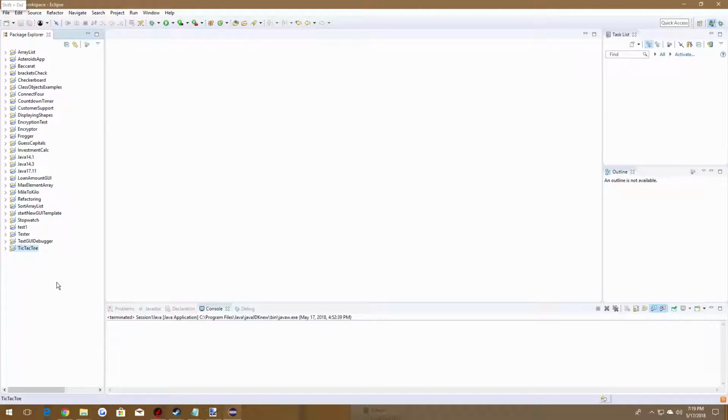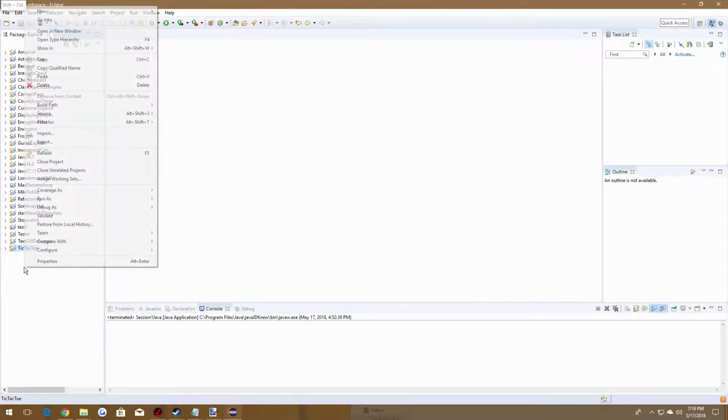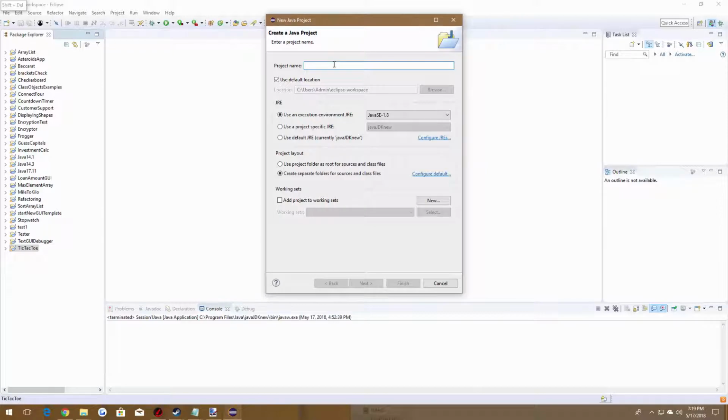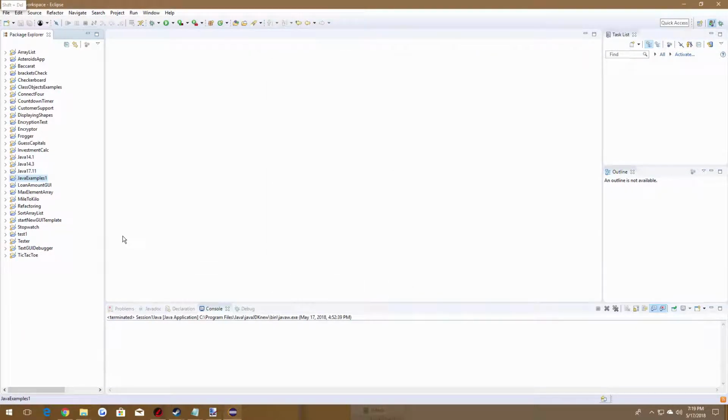To start a new program, what you want to do is go to this left side panel here and right click, go to New, go to Java Project, and you can call this project name anything you want. So we're just going to call this Java Examples 1. We'll do Finish. Now you should see it appear over here on the left side panel. Go to it and